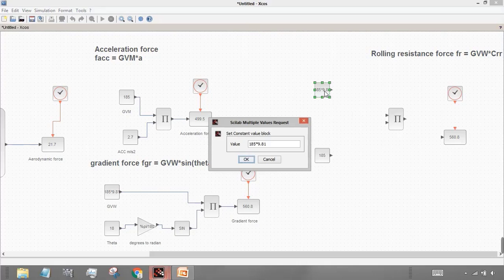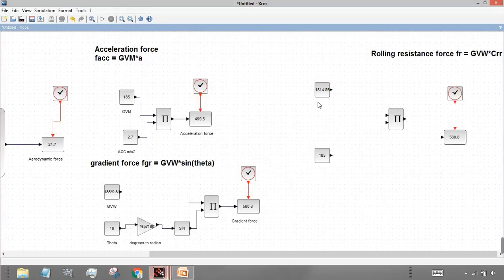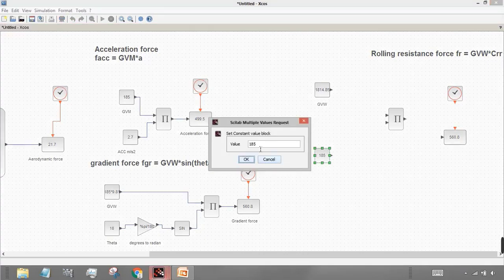So I'll enter the value 185 into 9.81, which is around 1008.85, and click OK. So this will be your gross vehicle weight GVW into the CRR value.